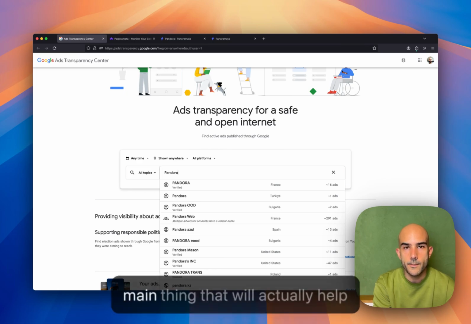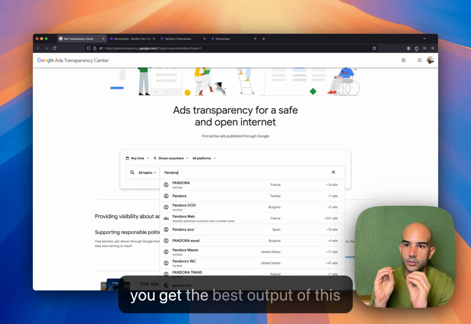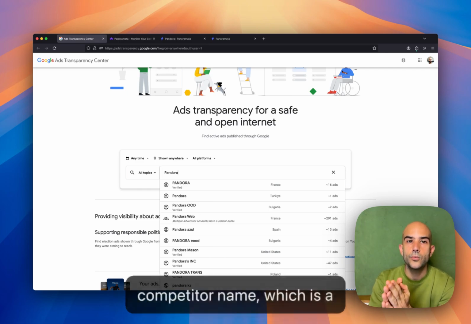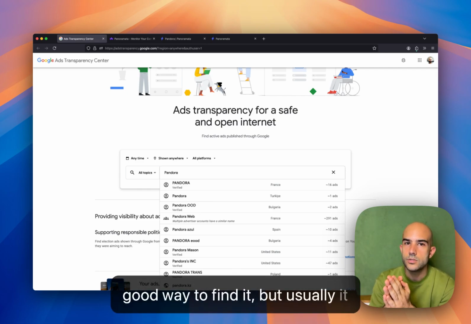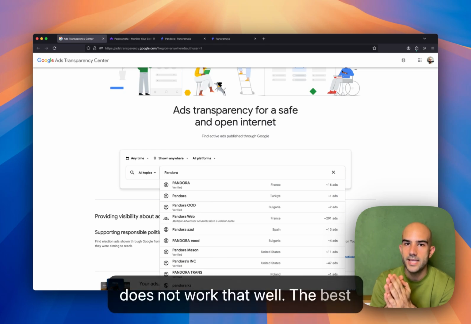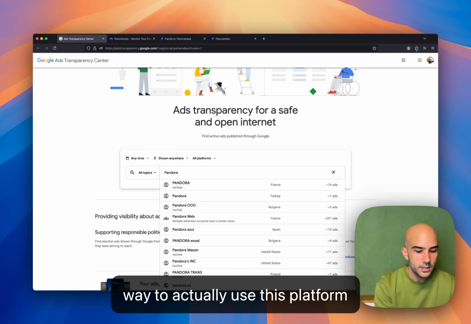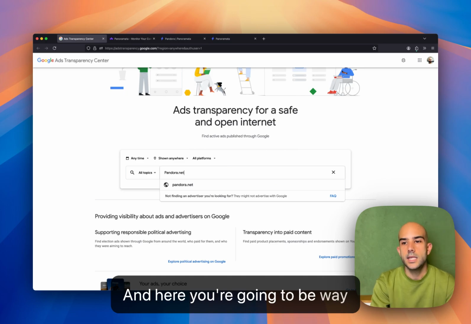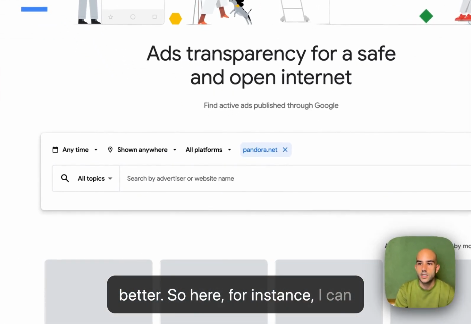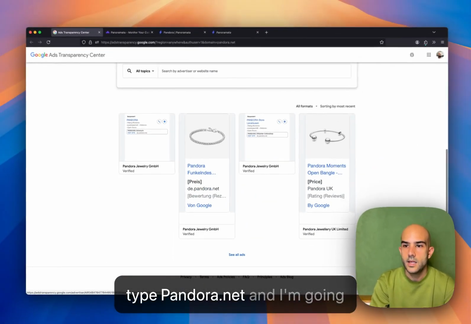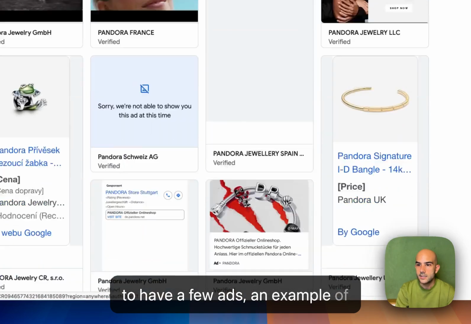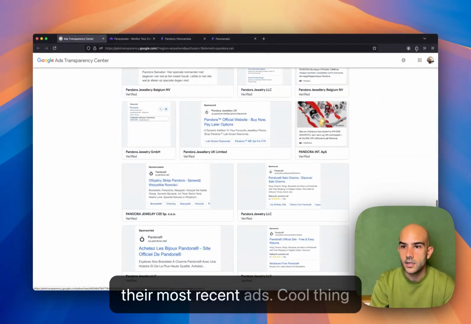All right, so the cool thing here, and this is the main tip about the platform, the main thing that will help you get the best usage of it, is you can either type your competitor name, which is a good way to find it, but usually it does not work that well. The best way to use this platform is to use your competitor website, and here you're gonna be way better. So here, for instance, I can type Panoramata.net and I'm gonna have a few ads, an example of their most